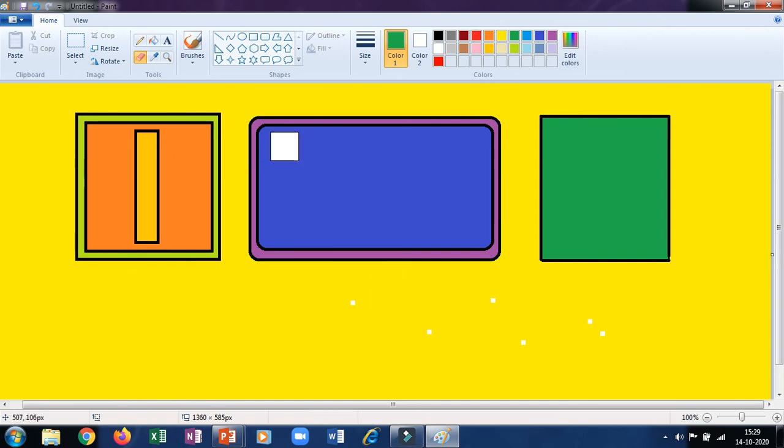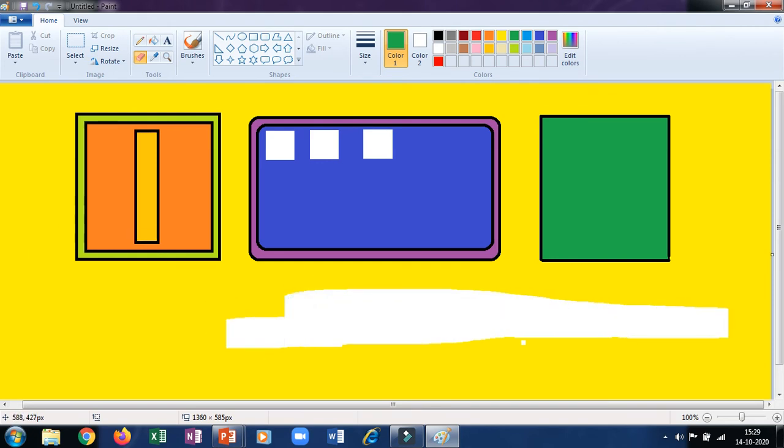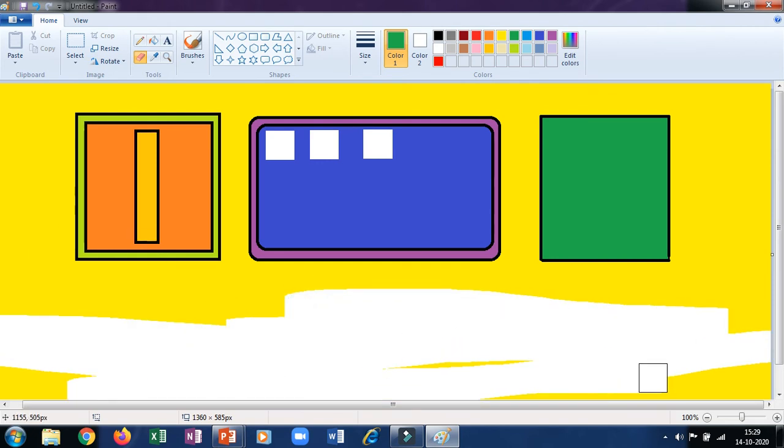Now you can see the color of the eraser is white, so it is erasing. Okay, whatever you erase, it will erase with white color. Okay, so I have told you about color 2. Whichever color you take in color 2, that will be the color of the eraser also. Okay, let us click on color 2 and then change the color to purple. Okay, see now the eraser color has changed to purple.